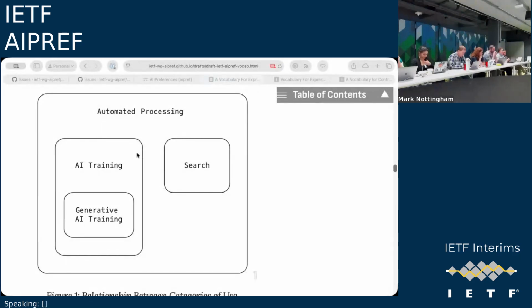I wanted to take a step back, and I jumped in before this conversation started, so I apologize for diverting a bit. But the charter states that we're supposed to be standardizing building blocks that allow for the expression of preferences. To put it overly simplistically, there are two players in this situation. On the one hand, there are website operators, publishers, and content creators who want to protect and control how their content is used by expressing those preferences, and simplicity helps them do this effectively.